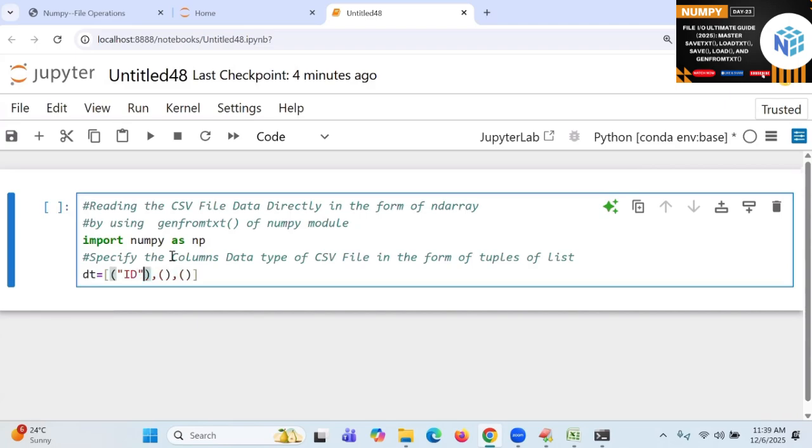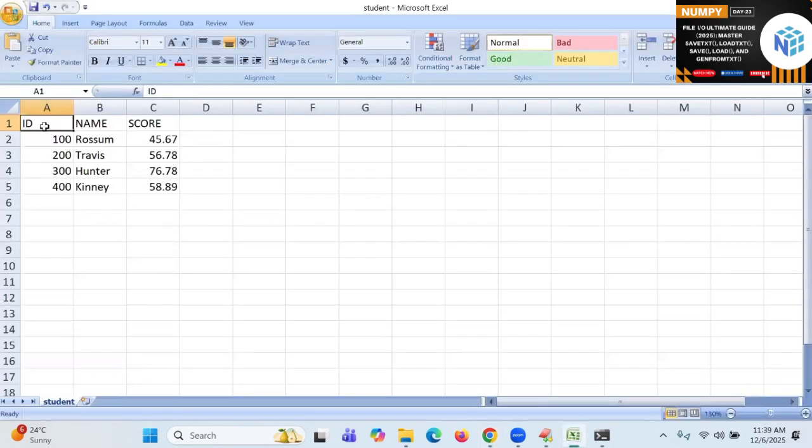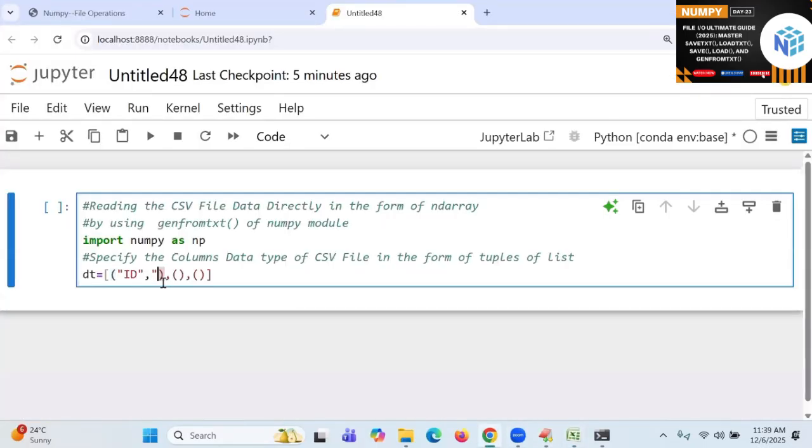ID. In the same way you represented, you need to take ID, name, or score like that. ID, comma, what I will write? I4. You can write int also, but don't write int in the double quotes; as type you have already seen that. Next is name. What is the name type here? U6. Okay, very good. Next is score. What is the next? F4. This is called the data types.